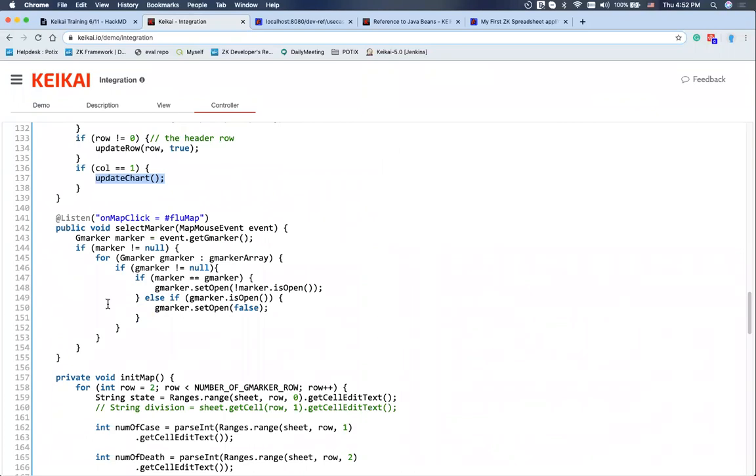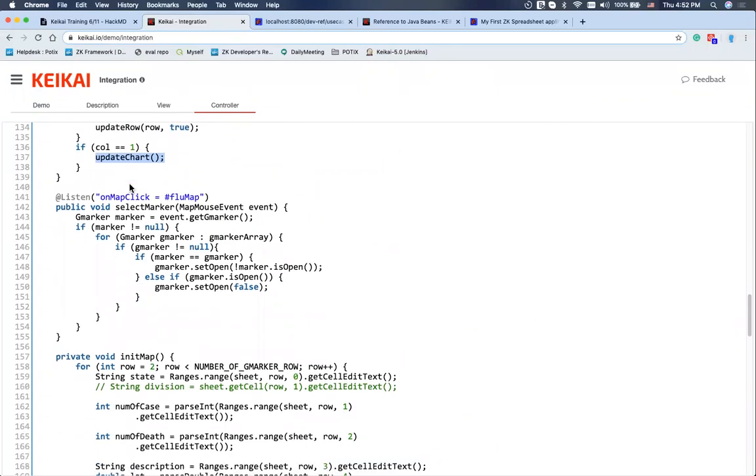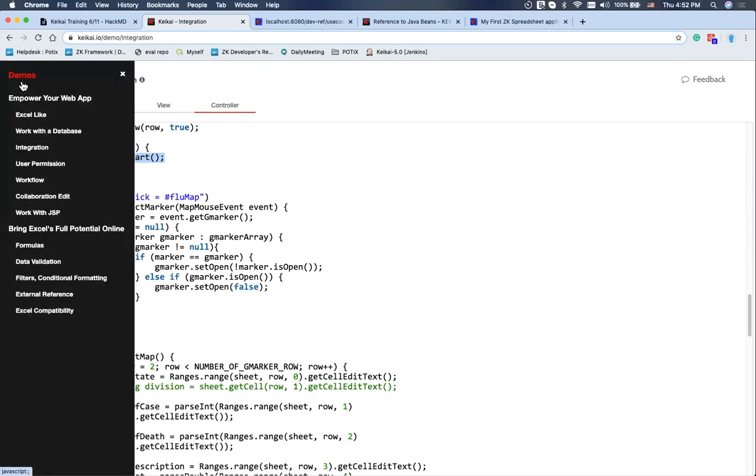So this is also controlled through ZK's API. So it's easy to integrate with other ZK components, which is just pure Java API. So this is a case. And